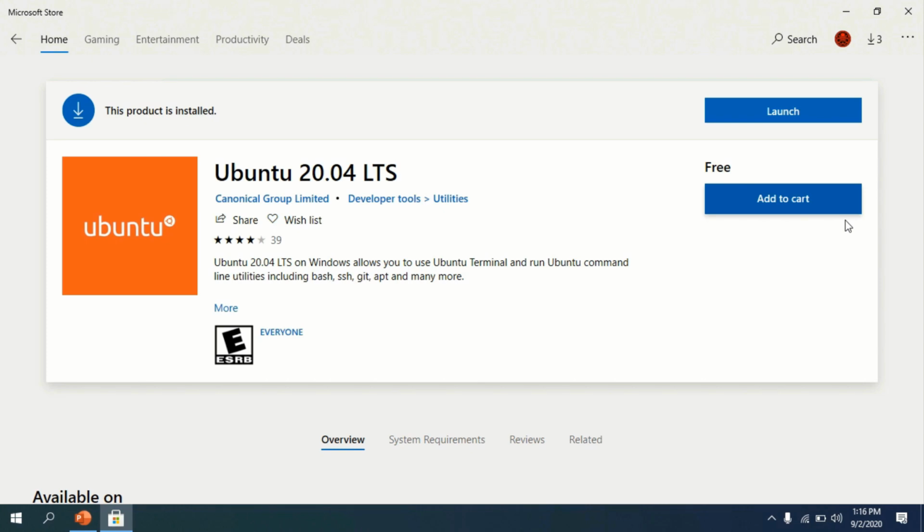Once download and installation is done, it will prompt you to launch Ubuntu. So you are almost ready to use Ubuntu 20.04 LTS.